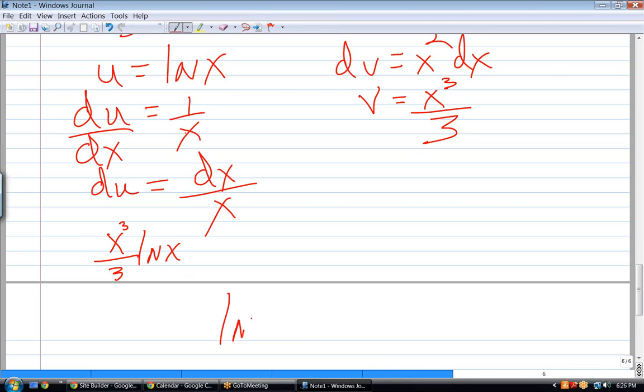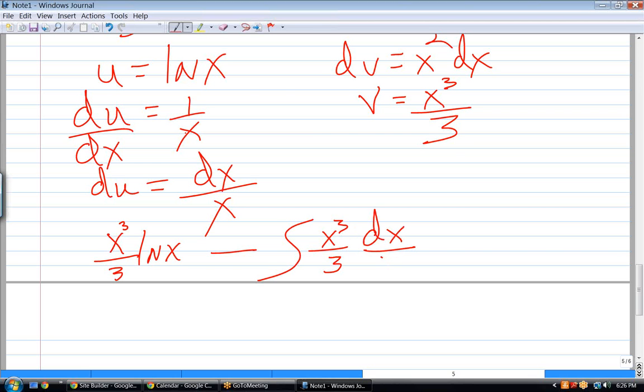So put the polynomial part in front, not afterwards. That's uv, minus the integral of x cubed over 3 times dx over x. So now we've got